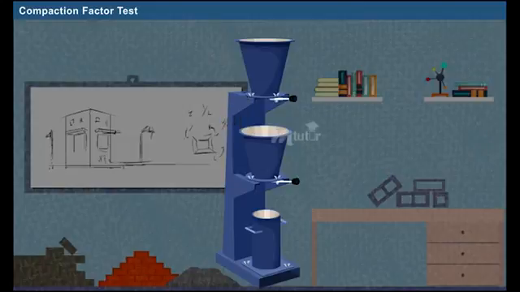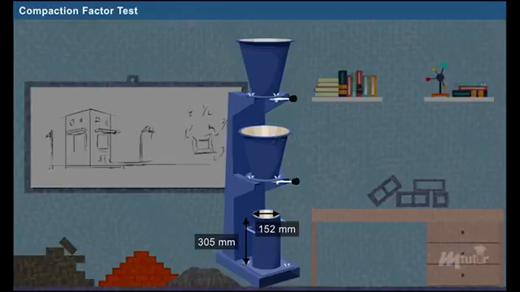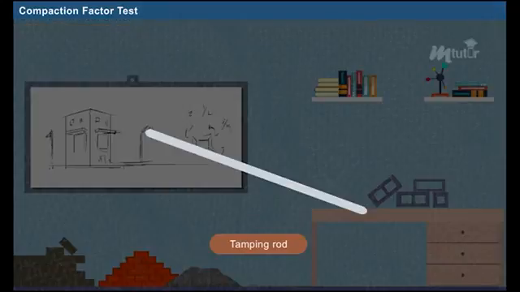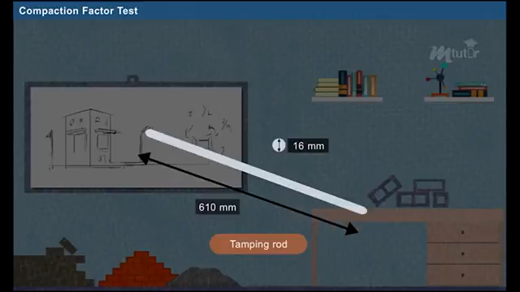The bottom cylinder's internal diameter is 152 mm and internal height is 305 mm. The vertical distance between the lower hopper and bottom cylinder is 203 mm. Apart from that, a tamping rod of size 16 mm in diameter and 610 mm in length is used to